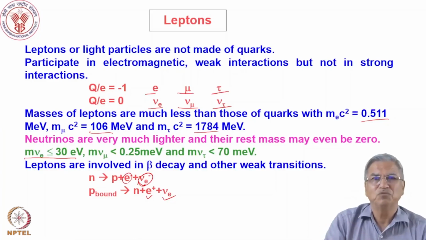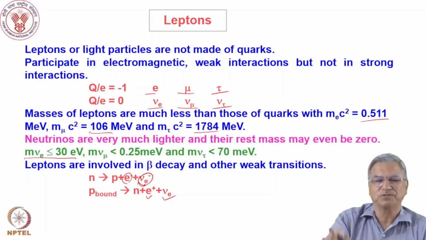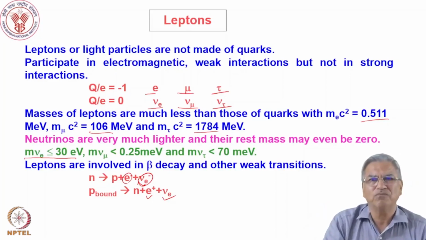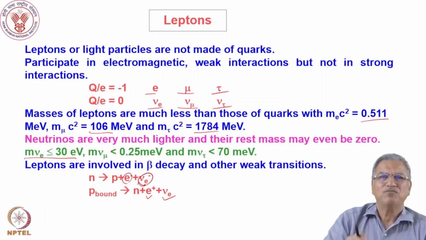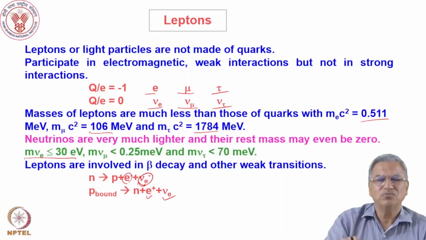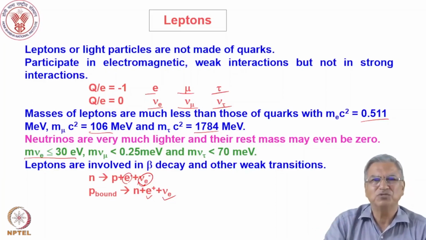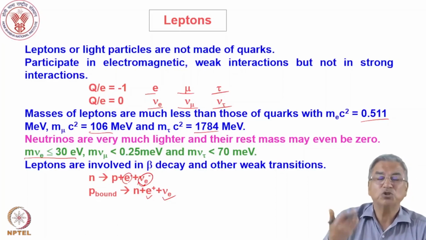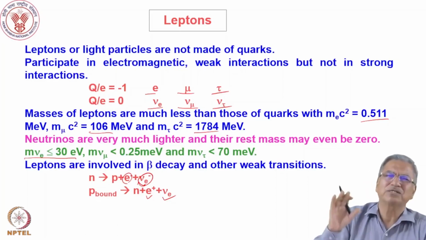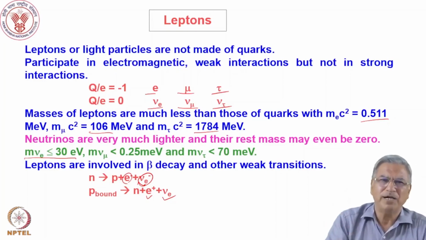observations which have been made, and this is now a domain of high energy physics. So I will not go into the details of this particular area, but just to give you a feel that apart from neutron, proton, and electron, there are now many other particles which have been discovered, and scientists are trying to explain all the particles that are discovered in high energy physics, heavy ion reactions, high energy reactions, or even in the cosmic range. So there are many particles which are being observed, and they have now been explained in terms of 6 quarks